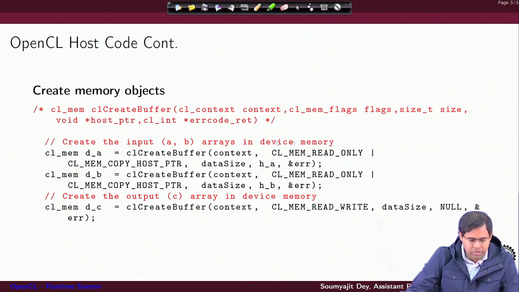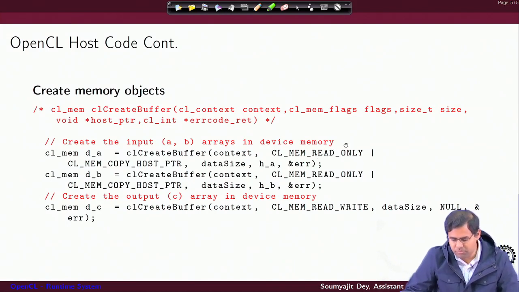It can be CL_MEM_READ_ONLY or CL_MEM_COPY_HOST_PTR. These memory flags tell what operations are allowed in the buffer, like copying data from the host side.